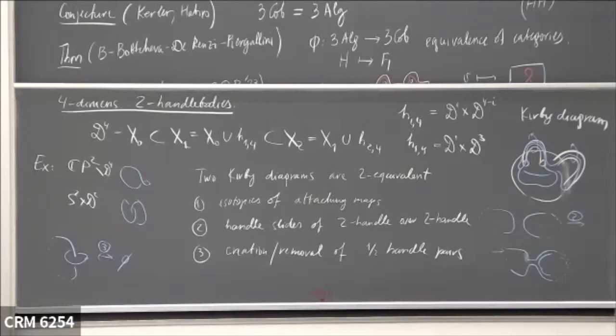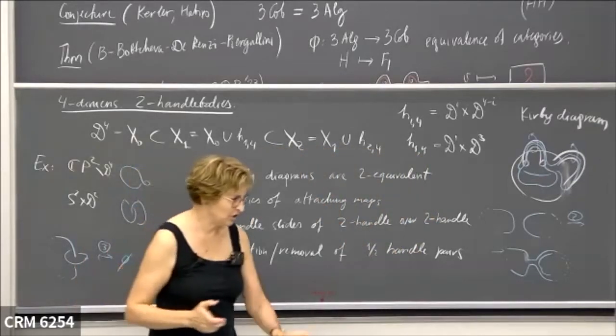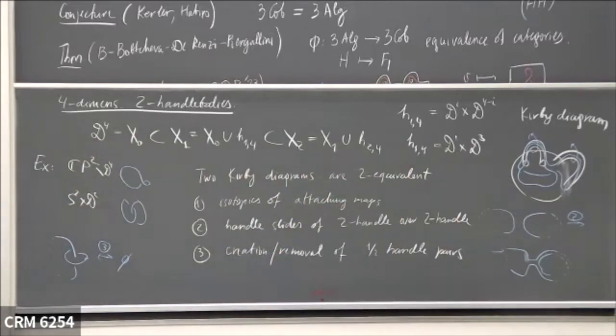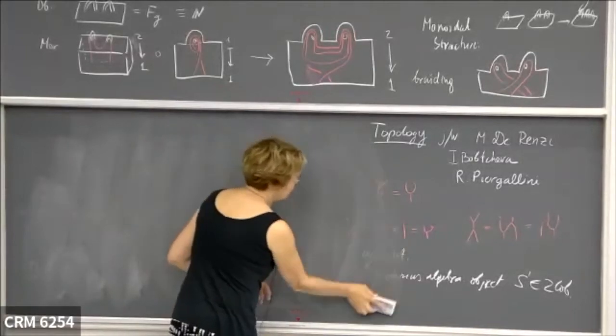into a category by looking at three-dimensional one-handed objects and four-dimensional two-handed ones. What is important here is that I don't consider any 3 and 4 handles. So this means that